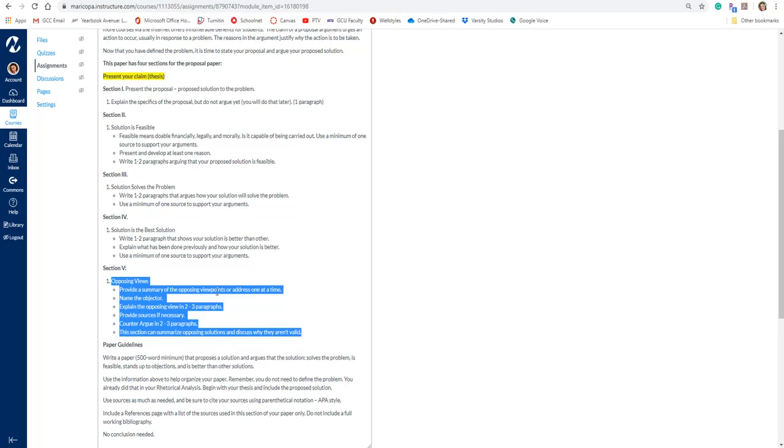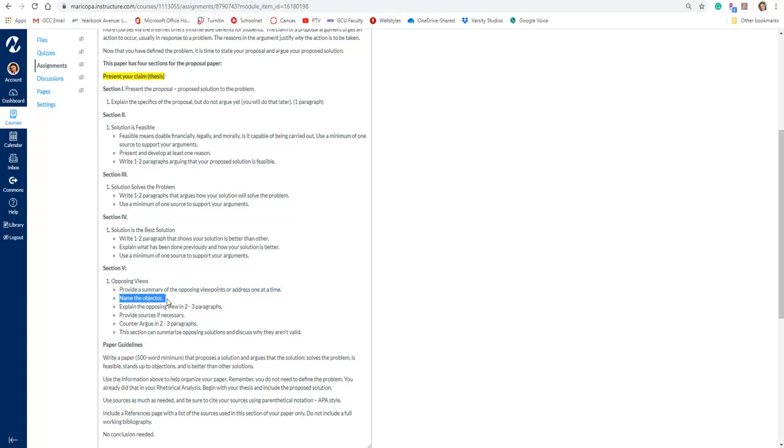So as you're looking at this, I want you to be researching now the other side of your issue. Provide a summary of the opposing viewpoint, or pick one or even two that you want to address. Who is coming up with this idea? This is an important piece of it. It can't be just this general conspiracy theorist in my basement who believes. No. That's an invalid argument, okay? You need to come up with an objector that is legitimate. Who's discussing this?